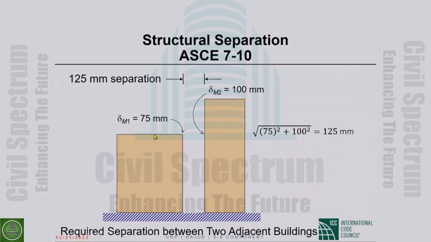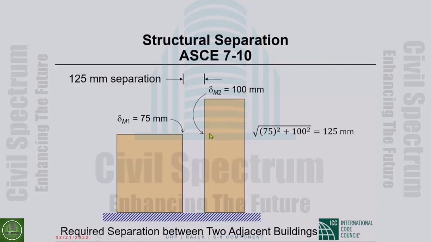Let's say there is a shorter structure and a taller structure. The roof level deflection, this inelastic response displacement, which I have not defined yet, let us say this delta sub capital M at the roof level of the shorter building is 75 millimeters, and the